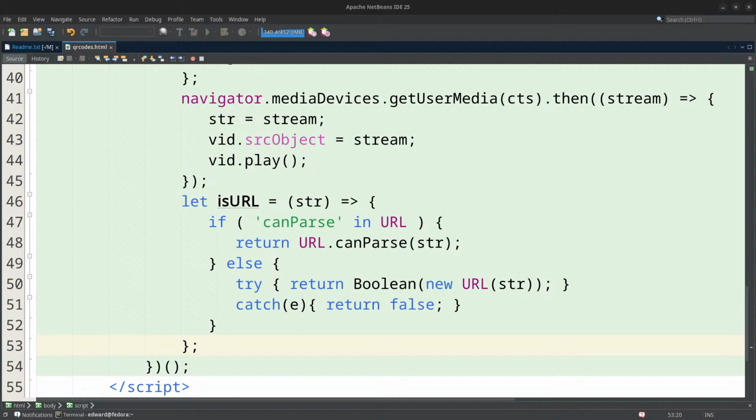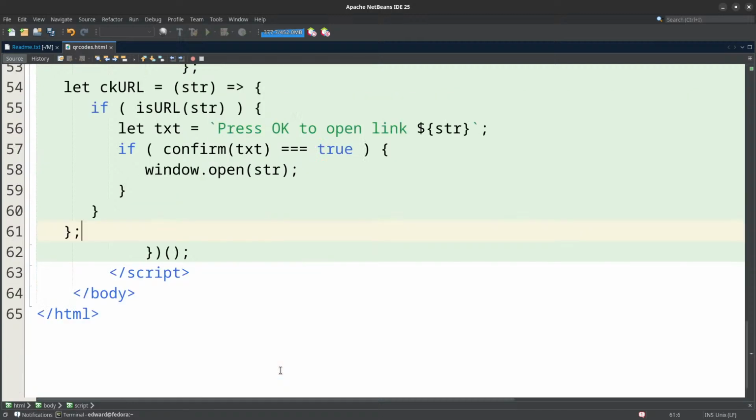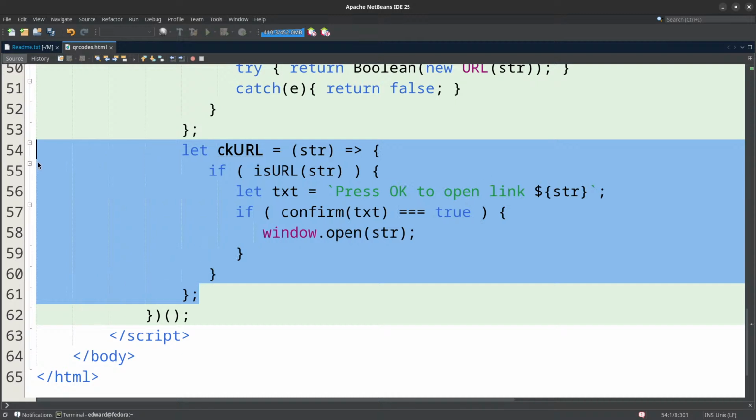So the next thing I'll do is create a function to detect if it's a URL or not. And remember I said we're going to have a little dialog pop up when that happens. So this is the code here. I just take in the string. That's basically when the barcode has been detected. It's a string, so it will place the string in here. So the string will be passed to the previous function. So if this is true, then what I'll do is create